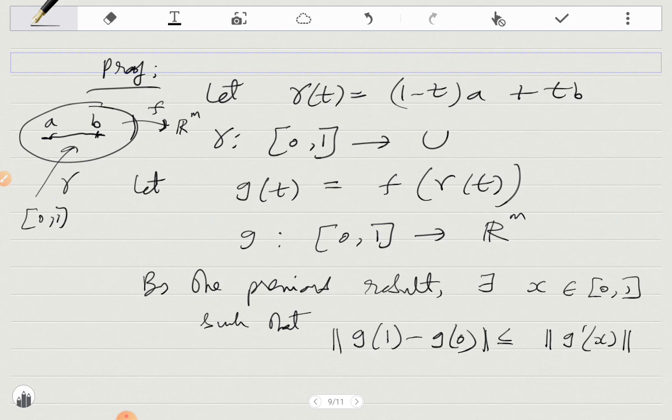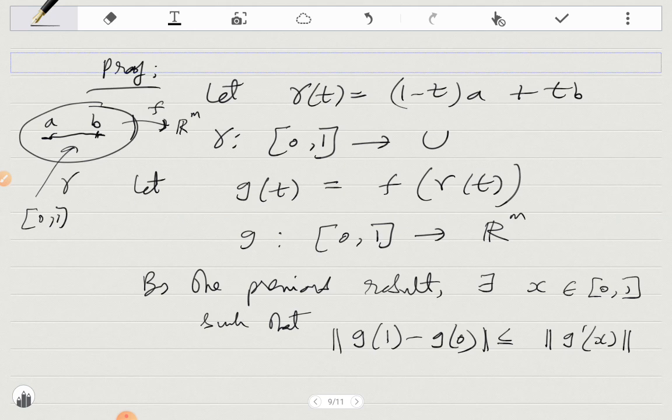So the composition would be from [0, 1] to R^m. Now, by the previous result, we can get some stuff, but in the previous result, I had an open interval rather than a closed interval to work with. But that's not a big issue here,